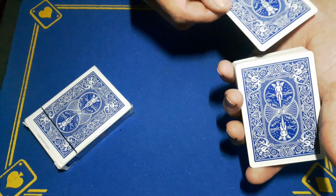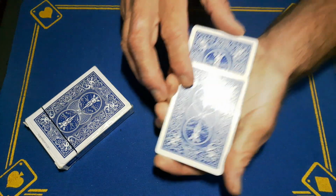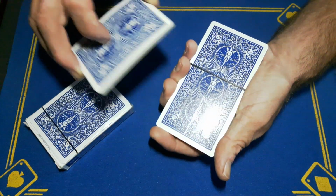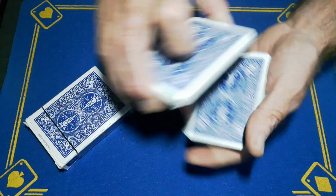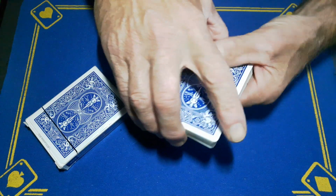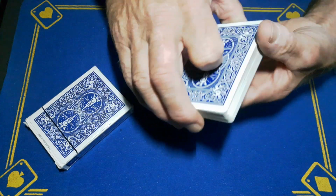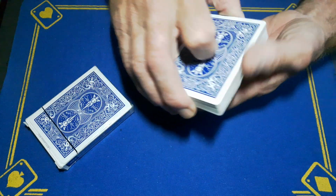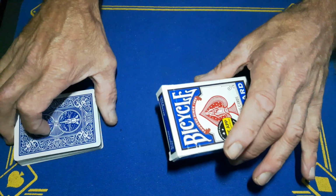You're going to cut your cards, you're going to find where your gimmick is, you're going to slide it in. I can feel the tension from the magnet so I know it's gone under. Push it all the way in. You can cut that card to the top now if you want, or to the bottom. You need to fan the cards or spin this deck around somehow because you want the gimmick opening to be at the top now. You're now going to go back to your card that you placed in here,